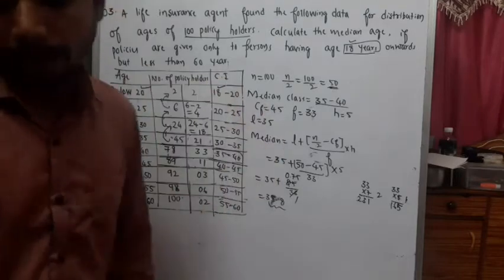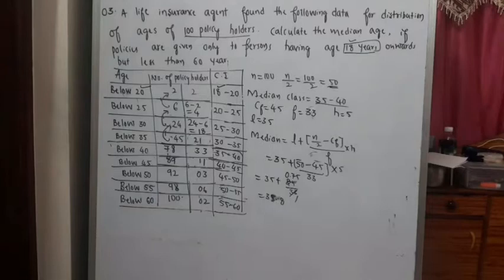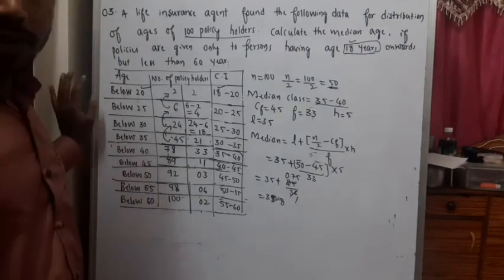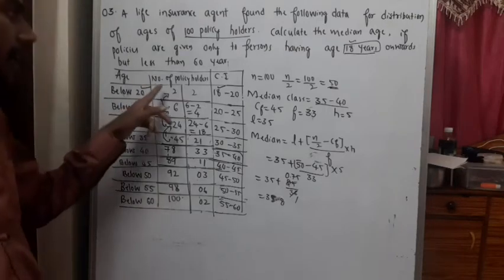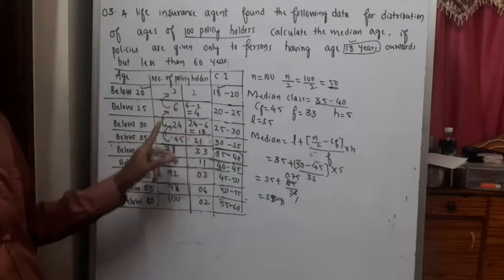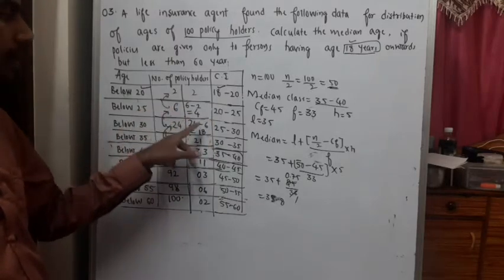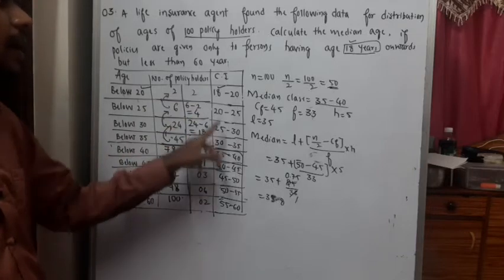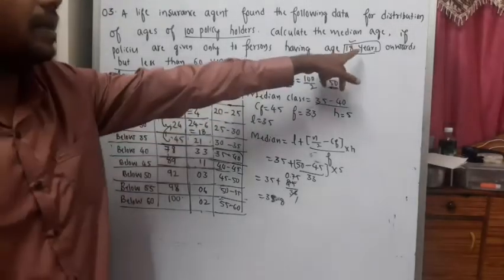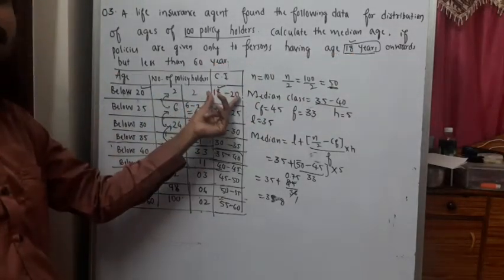Please note this down. Shall we recollect what we did? See, the upper limit was given and directly you get the cumulative frequency. To get the frequency from the cumulative frequency, subtract preceding from succeeding and you will get the frequency. And how will you write the class interval? See, why have I written 18 here? Because the minimum age is 18. So below 20 means between 18 and 20.